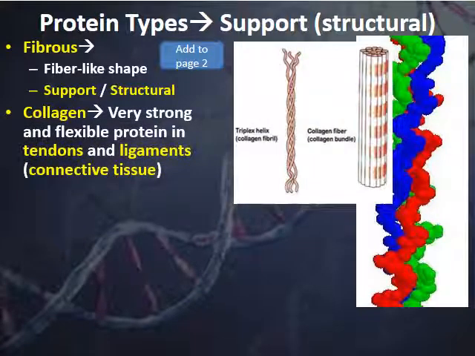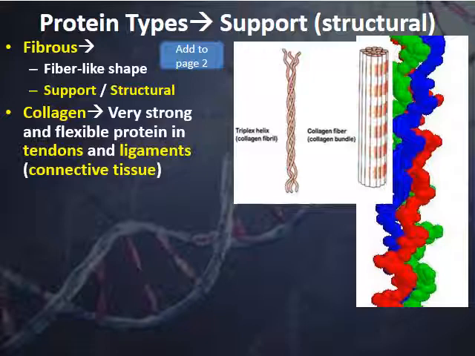So one you guys may have heard of before is called collagen. Collagen is a very strong and flexible protein, and therefore it is what your tendons and your ligaments are made out of, and also different types of connective tissue. So your tendons and your ligaments are basically what are there holding your bones and your muscles together. You already heard about how your muscles are a bunch of proteins that are moving inside of your arm, but your bones have to be attached to your muscles,